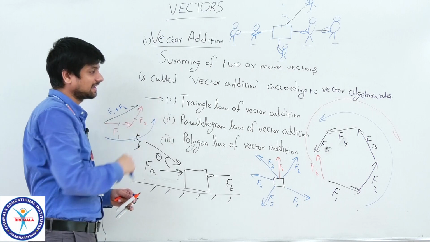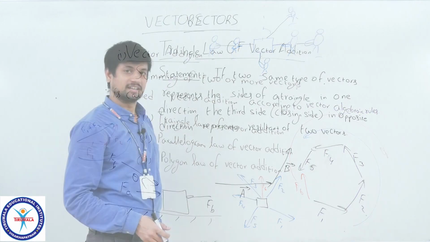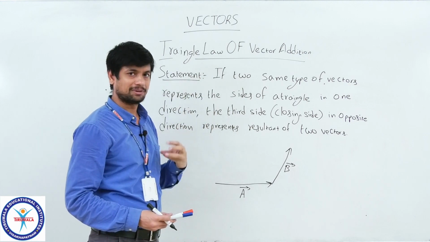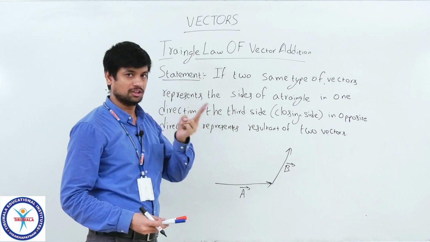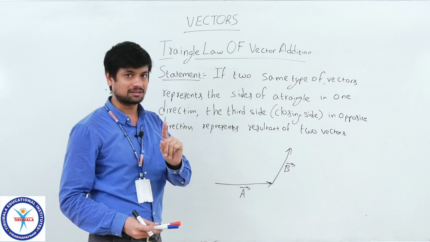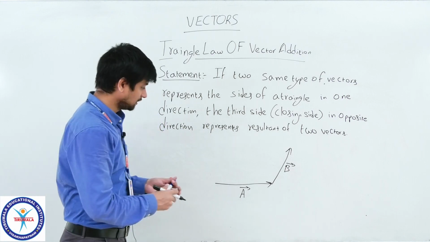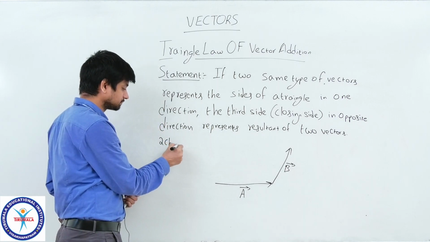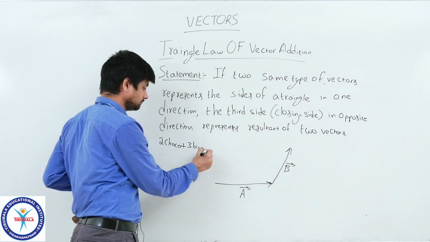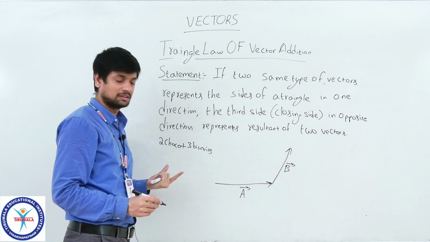So, we will start with the triangle law of vector addition. In vector addition, the first law is the triangle law of vector addition. Here I am taking two vectors, not so many, to add to each other, but keep one thing in mind: addition can be done only with the same type of quantities. What does it mean? You have 2 chocolates, your brother has 3 biscuits. Can you add these two? No, this is not possible.